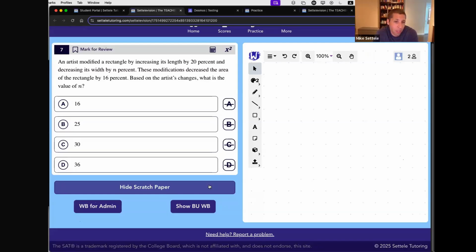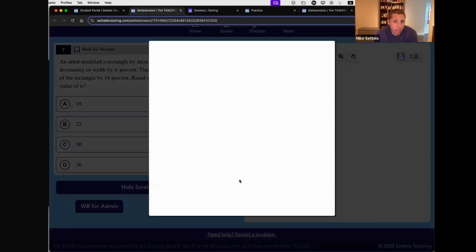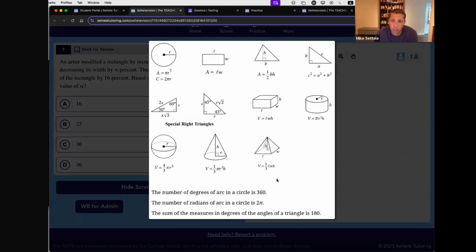But if not, the first thing I notice is, well, in a way, this is a really easy question, right? It's geometry, and it's geometry of a rectangle. That's about as basic as it gets. And many people don't know this, but the SAT and this website have the reference chart. So see how it says x squared right there? That opens the reference chart that you get on every single SAT with all the formulas. So if for some reason area of a rectangle wasn't coming to you, it's there. They give it to you. So don't forget that exists for every math question on the test.